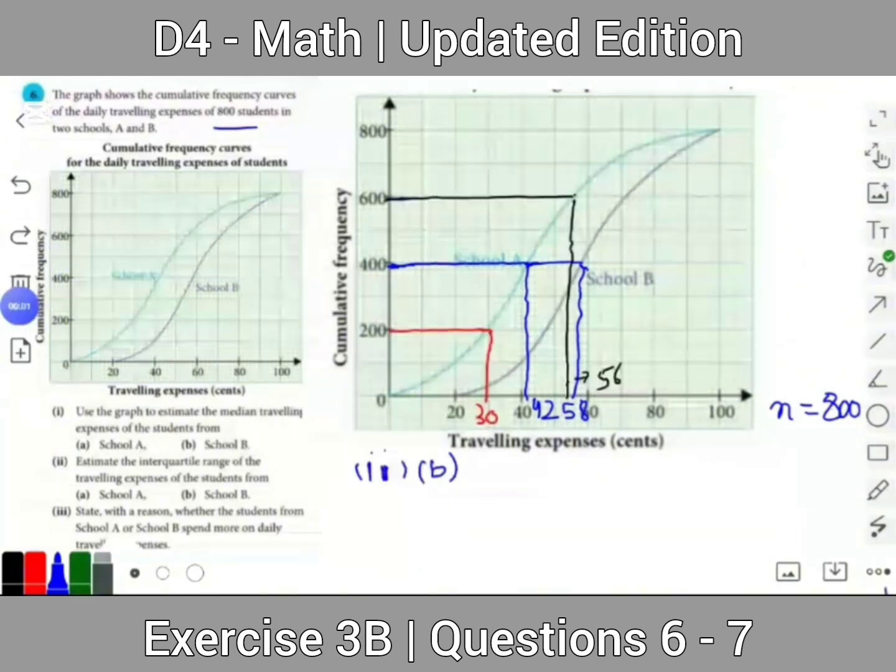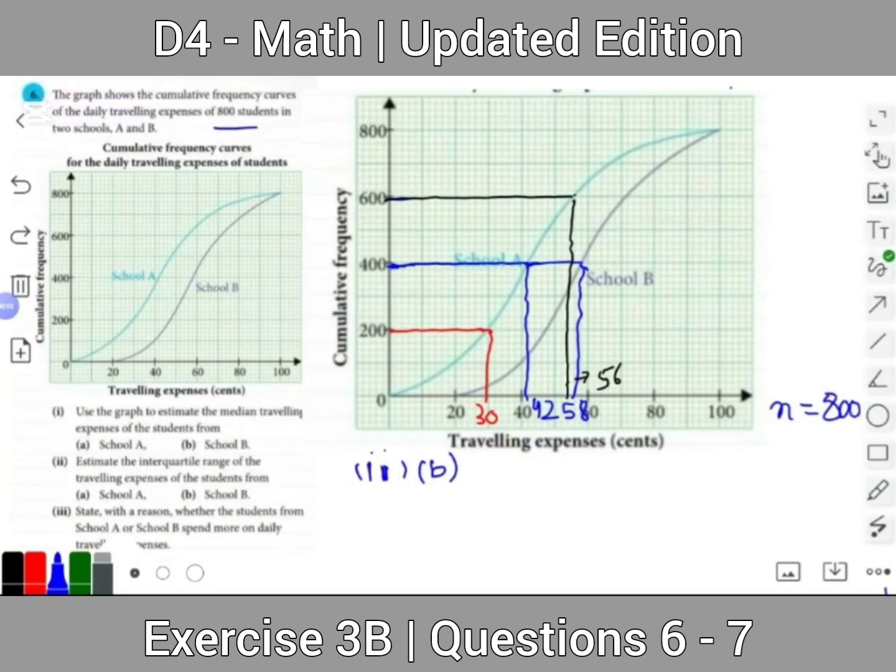Since we have already estimated the positions of the lower quartile and of the upper quartile from the curve A,